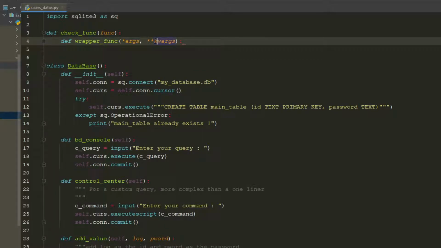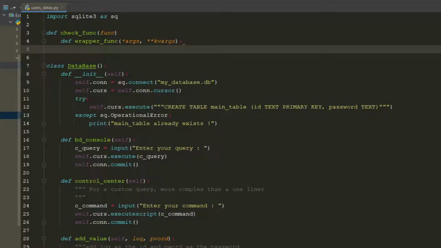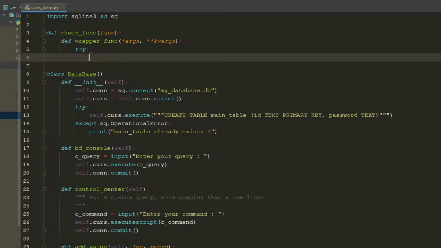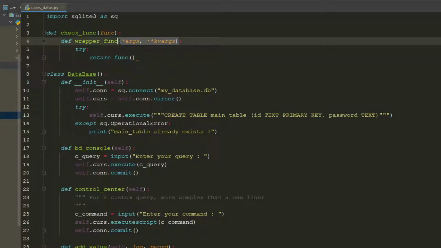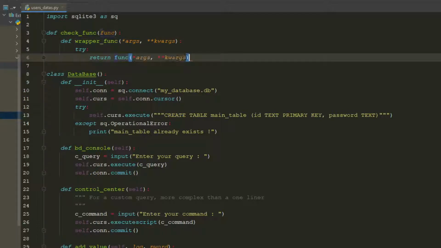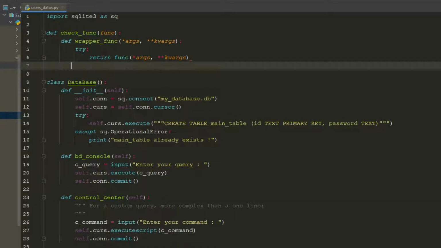Args and kwargs are just the standard ways of saying starred arguments and starred keyword arguments, which could be any amount of them, to be sure that any amount of values could be passed through that wrapper function. And in here we're going to do a try and then return our function of, again, args and kwargs. And then we're going to have this except